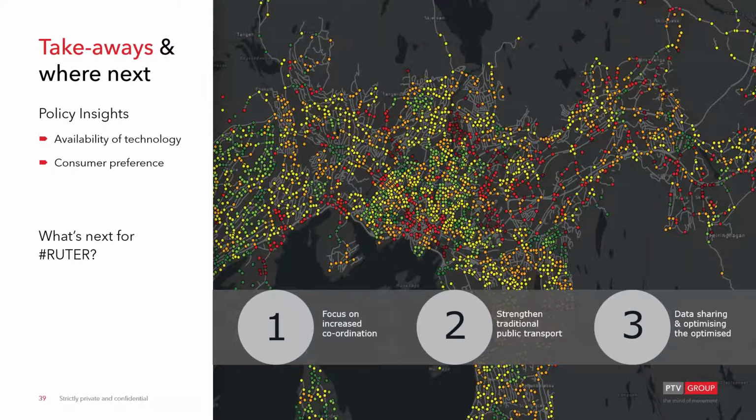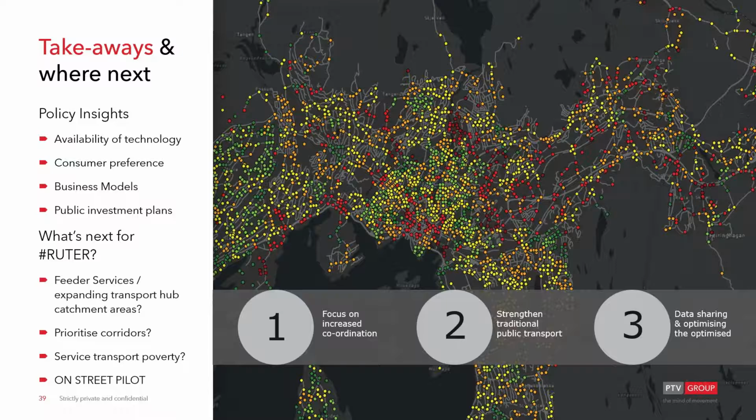How are we going to adopt this new mobility wave? And of course, business models. You want anybody who's coming into town to succeed. We don't want them there for a year and it fails and it leaves a terrible legacy behind. And of course, they will want to direct their public investment plans towards this as well. So actually, how are they doing that?